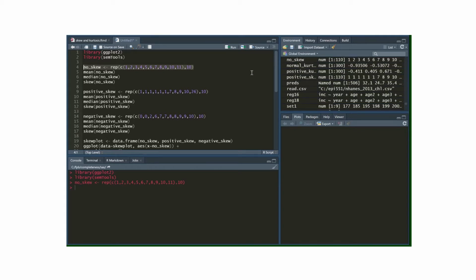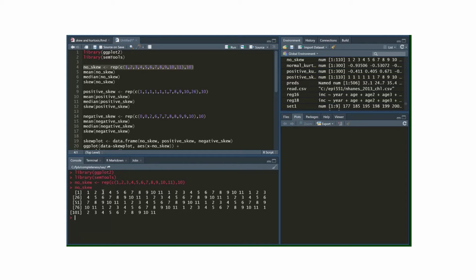And again, if we look at the global environment top right, we see no skew contains 110 values. Okay, if I look at those by typing no skew, we see that I have a repetition of 1 through 11 10 times. So the rep function works that way. Okay, if I look at the mean of no skew, 6, the median of no skew is